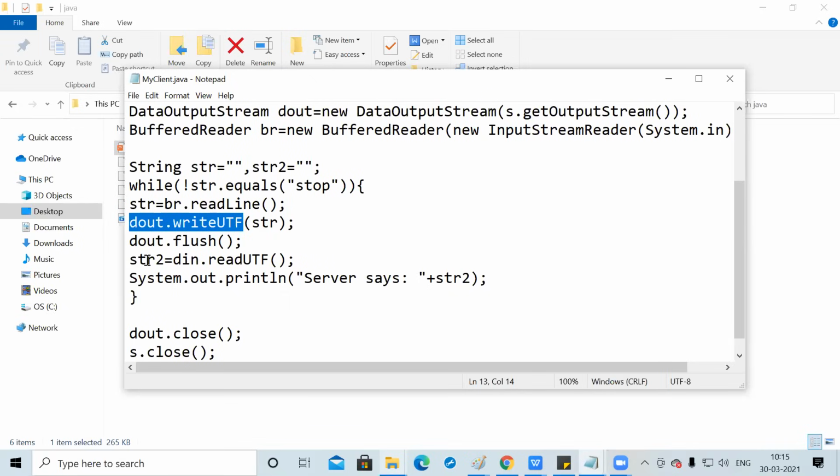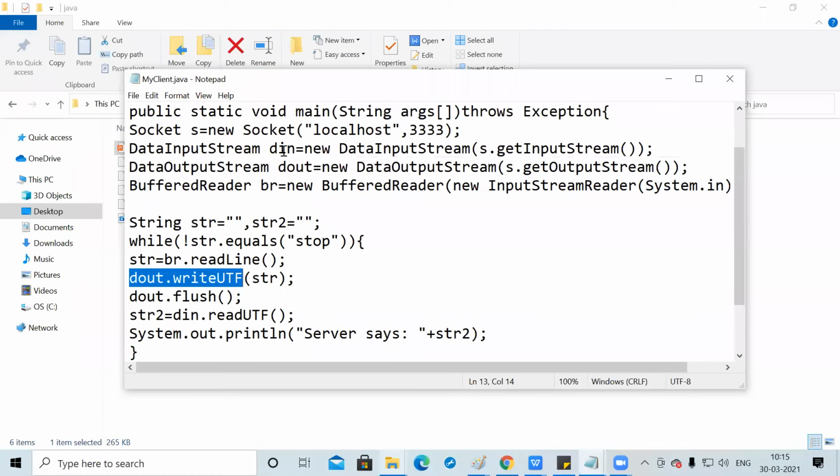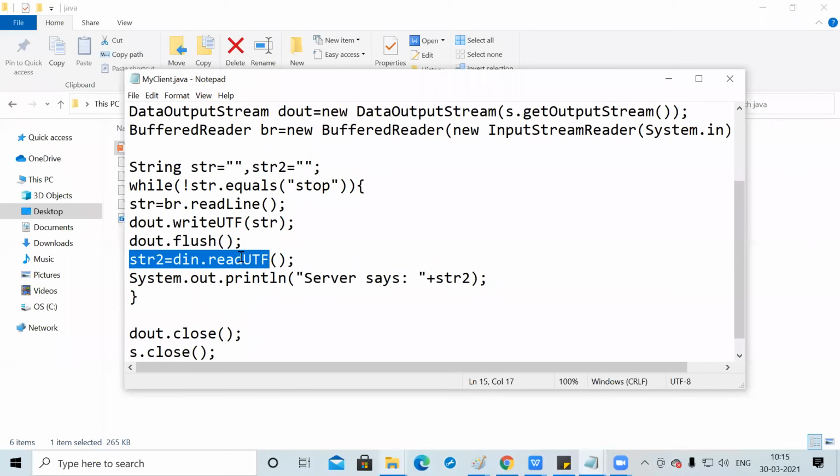Similarly, str2 will read. See here, I have used din, the DataInputStream object, to read the UTF. Whatever is sent by my server will be read and displayed. System.out.println, server says, and what the server says will be displayed using the str2 object.